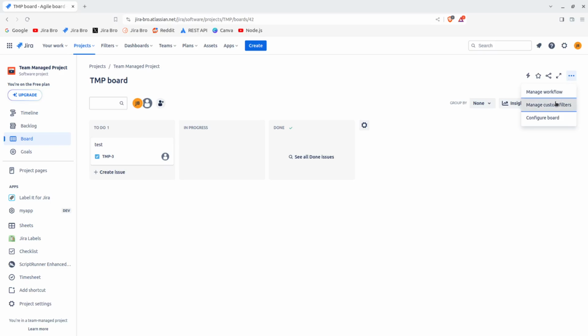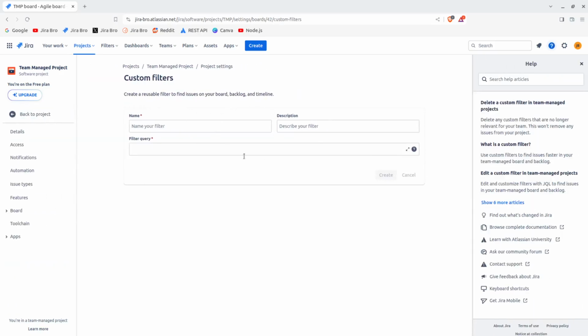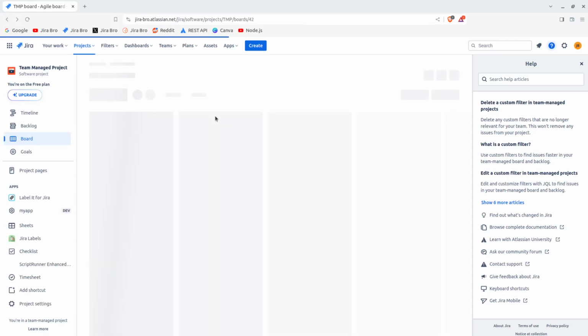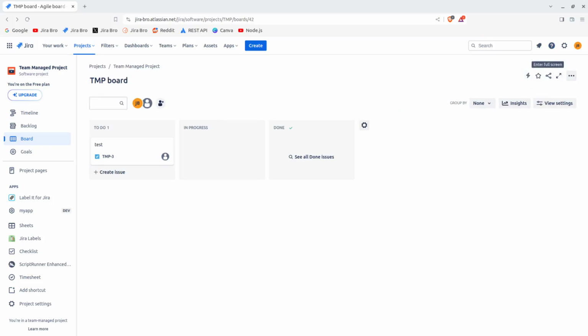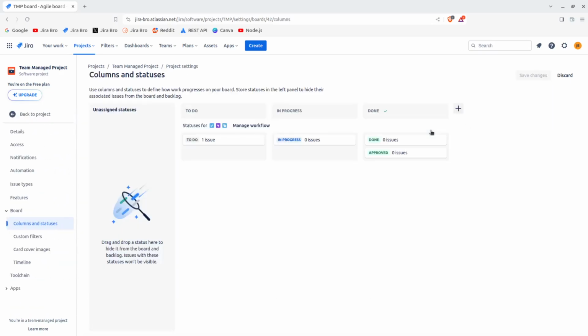Alright, so you also have the management of the custom fields in here, where, of custom filters, sorry, where you can create your custom filters. And as you can see, there are not so many things for the boards that you can actually do,